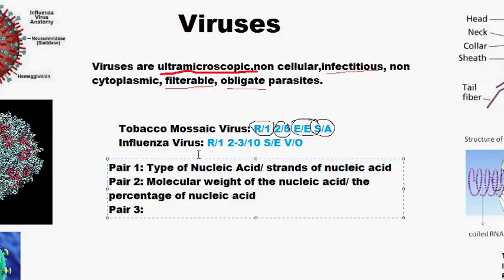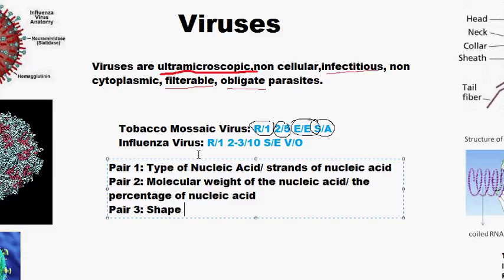We can find out the shape of the virus by seeing the code in this pair. So the shape of the virus can be spherical or elongated, or it can be some complex shape that we are not aware of. There can be different shapes of virus, but we are grouping them into spherical and elongated, which most of the viruses are, and the rest of the viruses, there can be so many different types of shape. We group them all into complex. So this pair represents the shape of the virus.